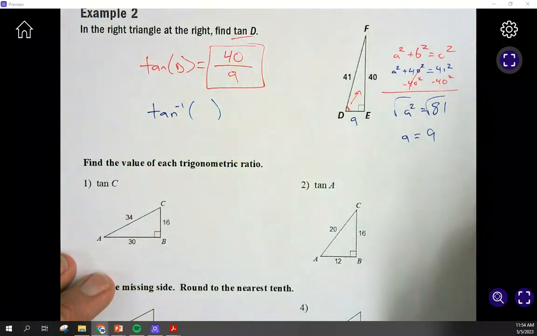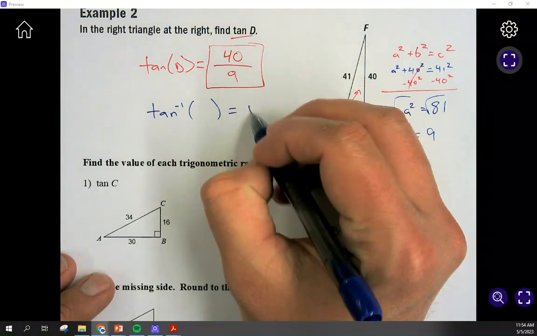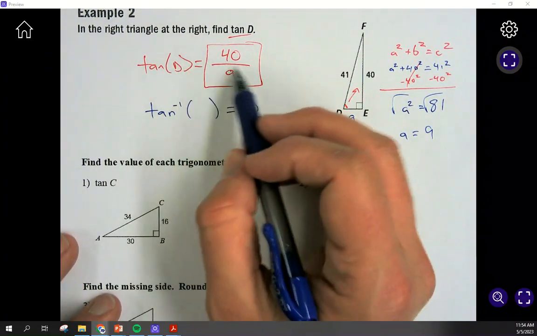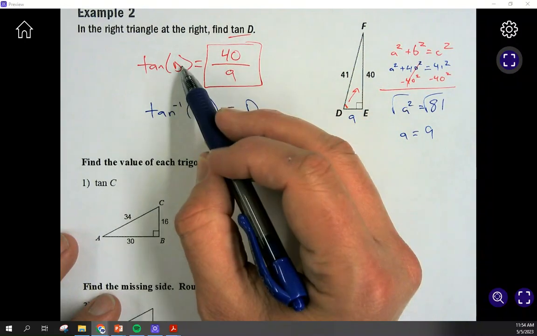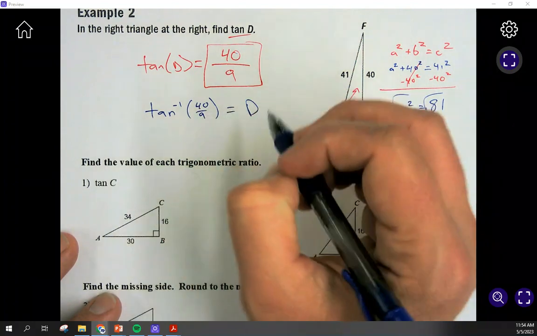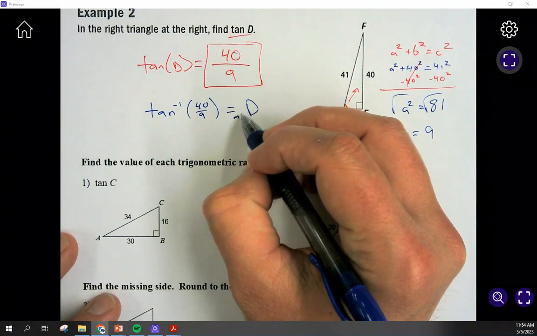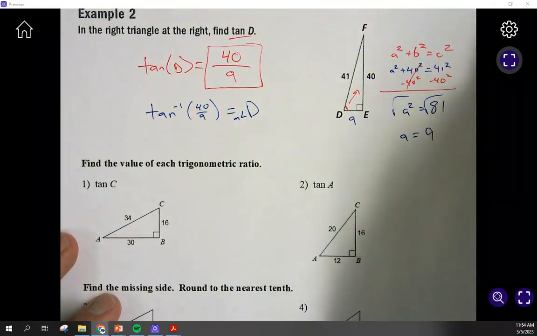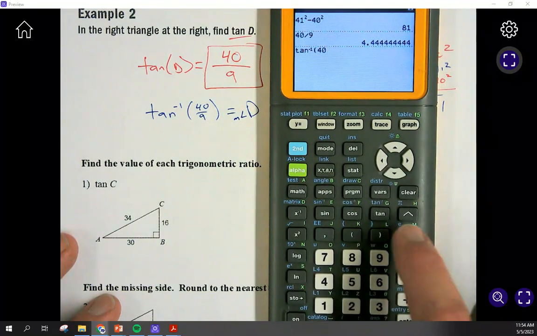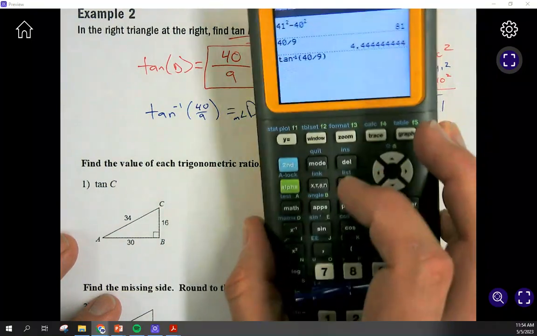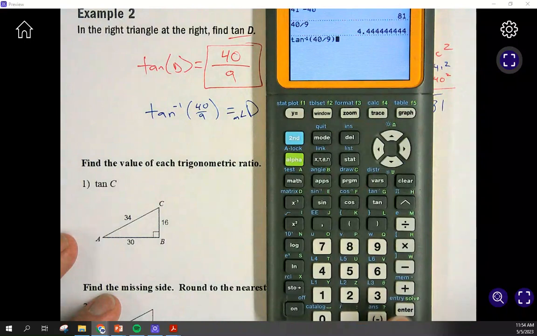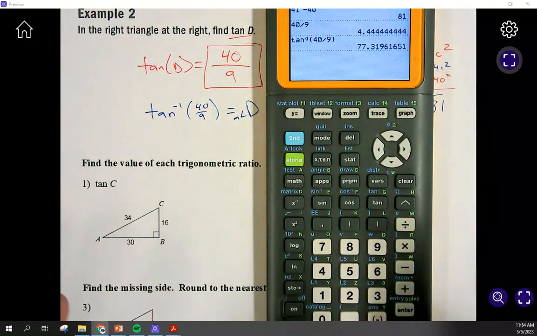And then what we're going to do is go ahead and flip-flop these. So inverse means flip a fraction. So the inverse trig function here, the 40 over 9 switches places with the D when I take the inverse. So 40 over 9 goes in here, and this is going to get me the measure of angle D. All I have to do is plug in the ratio that I have. And the calculator knows that if I have a right triangle and I have a 40 to 9 ratio, then